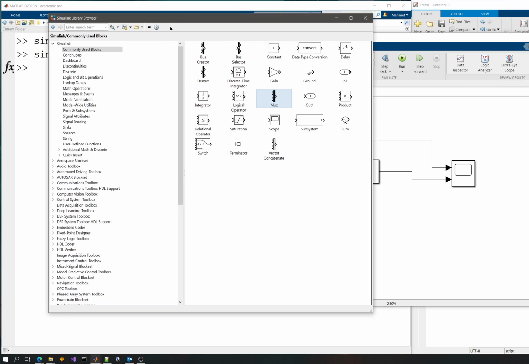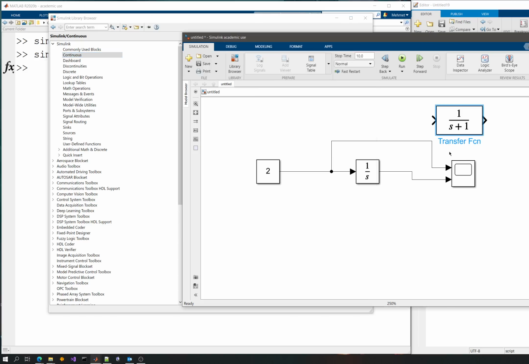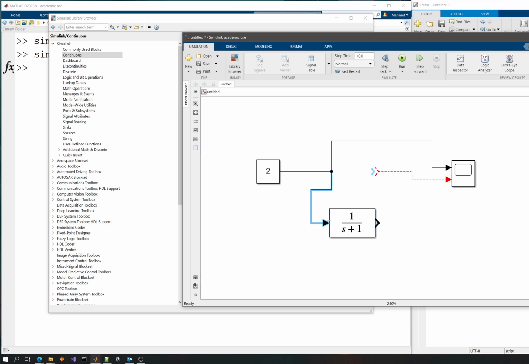We might want to use some, let's say, transfer functions. And we can see that we have an integrator, we have a PID controller, we have a state space representation, or a transfer function. Now, if I want to use a transfer function instead of this, I might want to show you the difference between an integrator and a stable first order system here. Now, if I run this and click here,